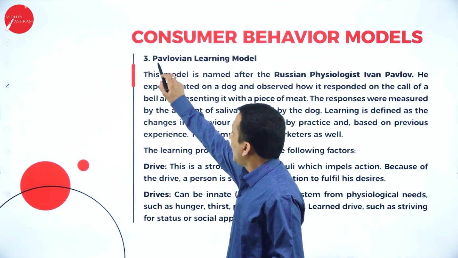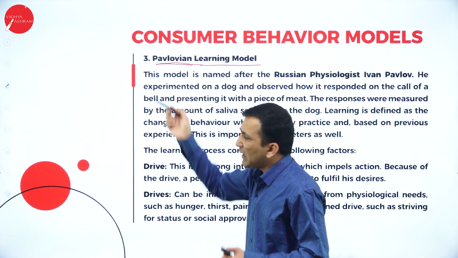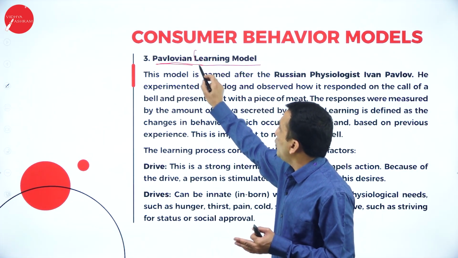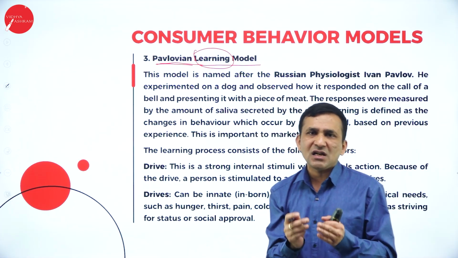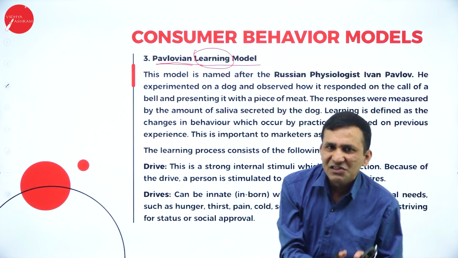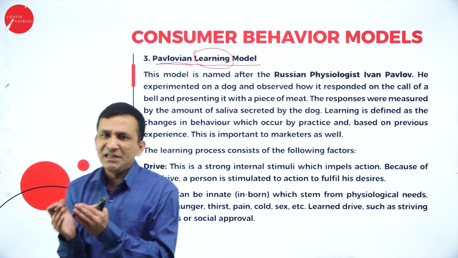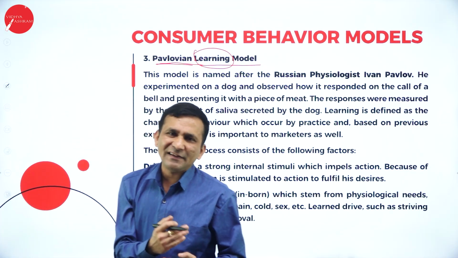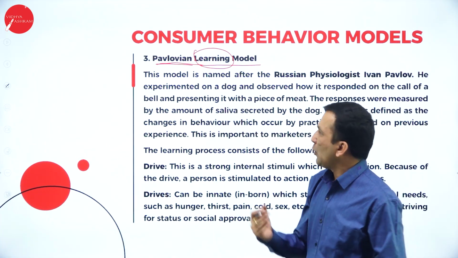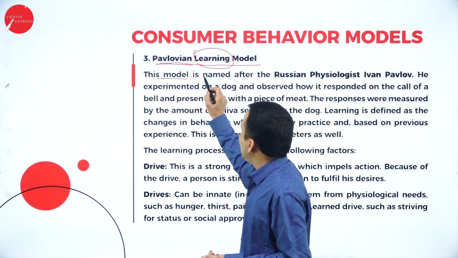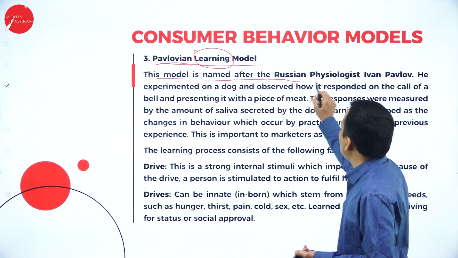The third one is the Pavlovian learning model. This model is about how human beings or consumers learn day by day, from childhood to adult or senior. They completely depend on the learning system and how it influences them. This model is named after the Russian psychologist